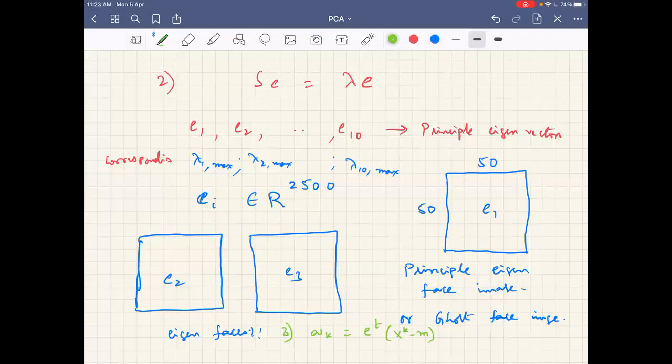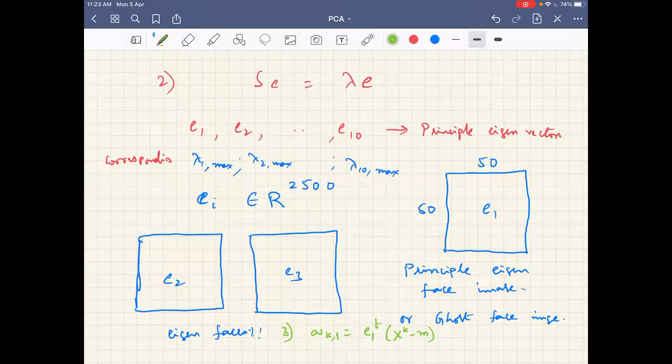Let me do E1, first image, so EK1 I will write. Please excuse me for some notation differences, I hope you can understand. First eigenvector on face, first eigenface. What is this operation doing? If I want to interpret it, we are just finding the correlation between the eigenface and the corresponding sample face image XK. And this is what is being captured in the principal component AK1.